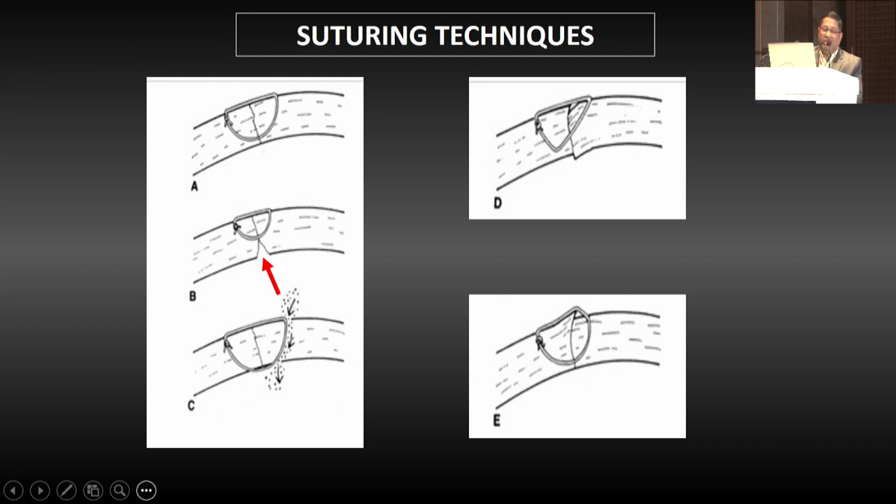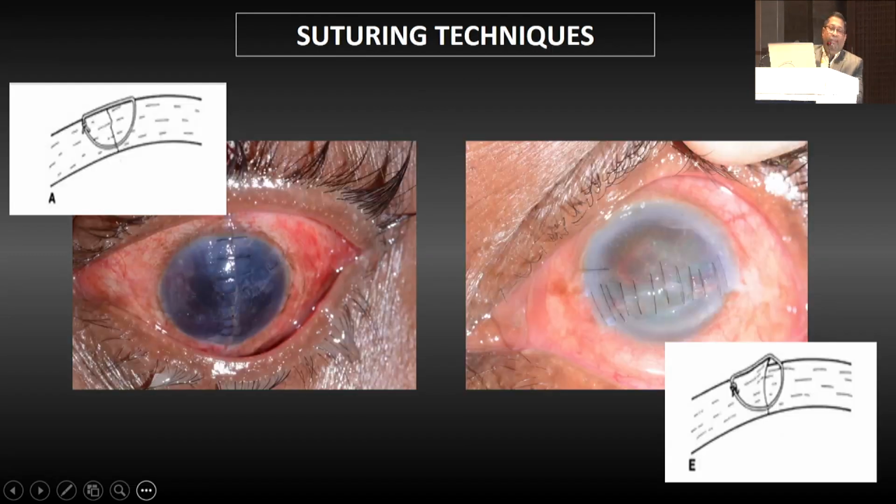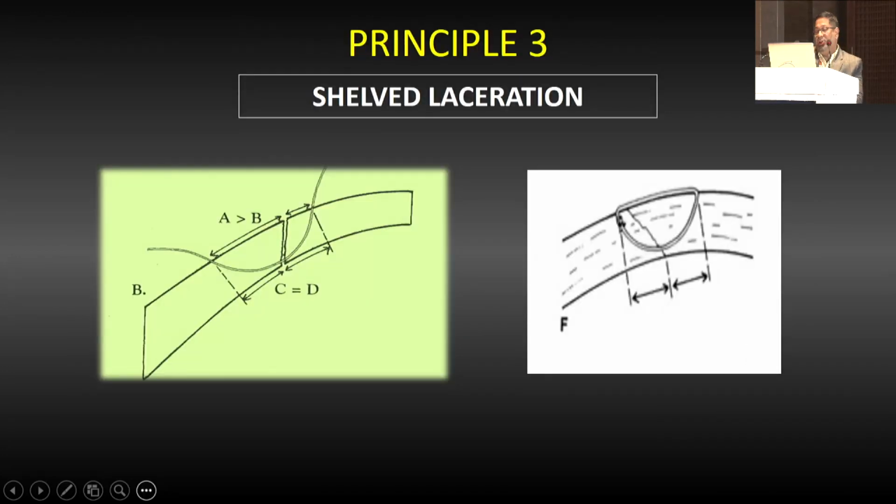In a trauma case, if you have a through and through endothelial suture, then it will leak after the AC is formed, and there is also a chance of infection through that port. D and E show the asymmetric, irregular suturing, which will lead to either posterior surface or anterior surface overriding. So in this diagram, part A is the best suturing with good apposition, and picture B shows the overriding of the edges.